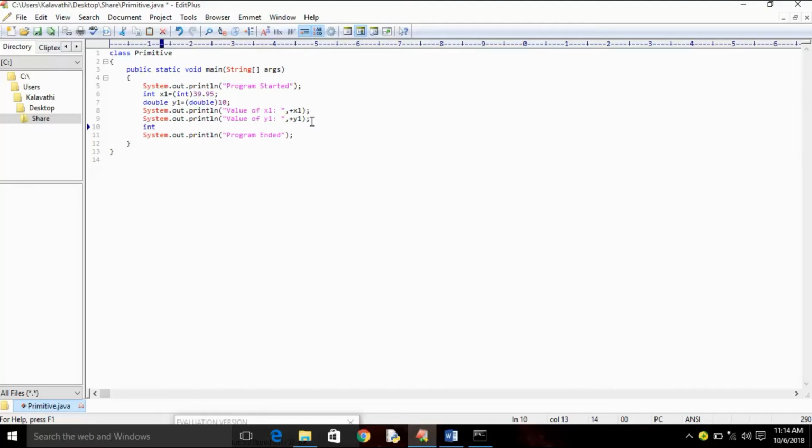Int a equal to 20, double b equal to 29.95.